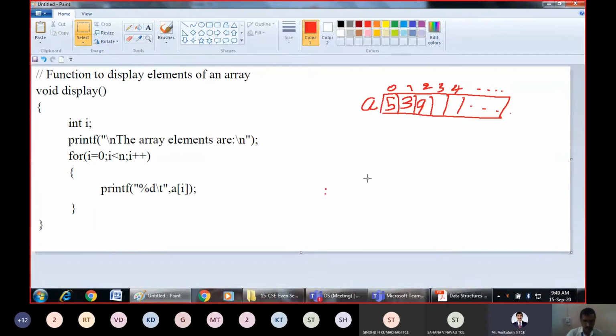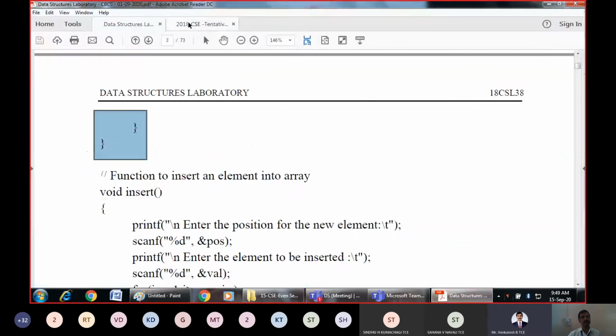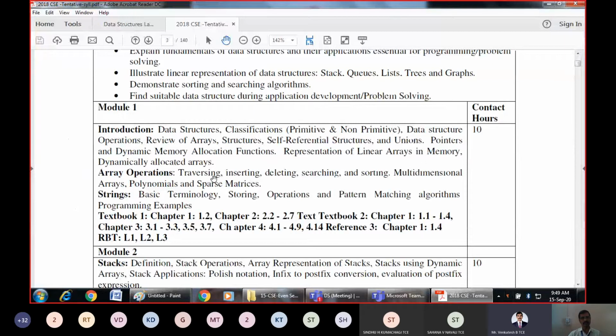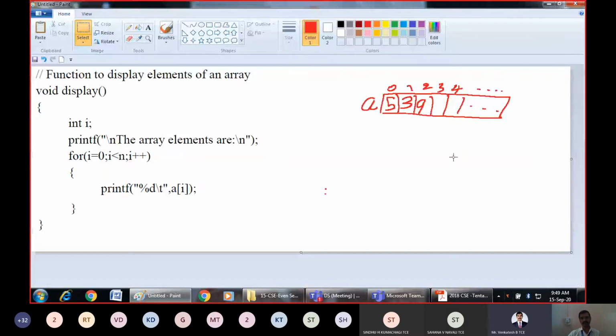So this is the program that we have. The second function is display. But when we look at the syllabus here, the second function is traversing, nothing but visiting each and every location of the array. What is traversing? Visiting each and every location of the array at least once is called traversing.